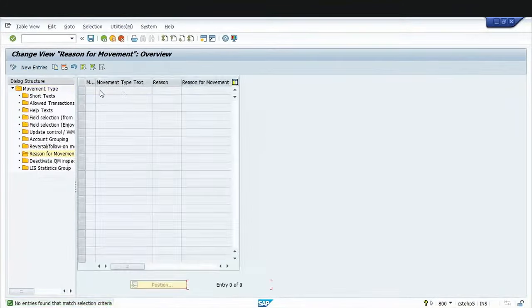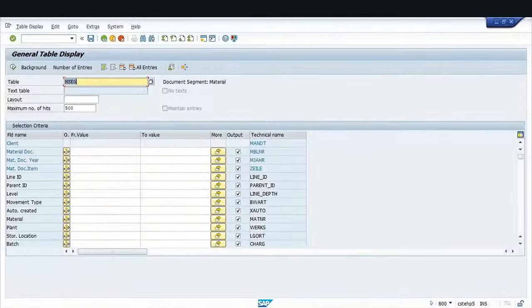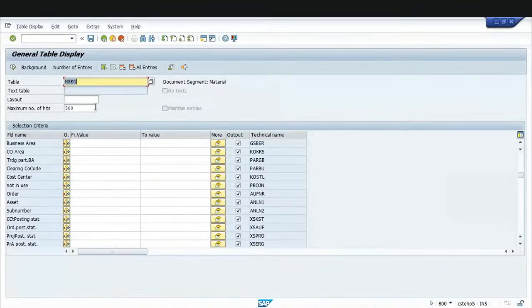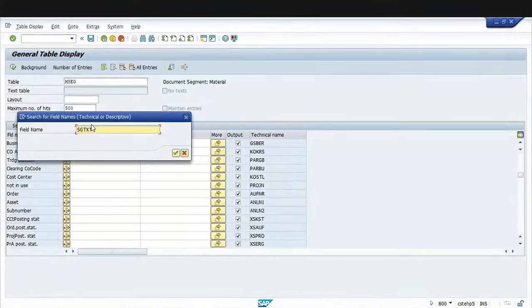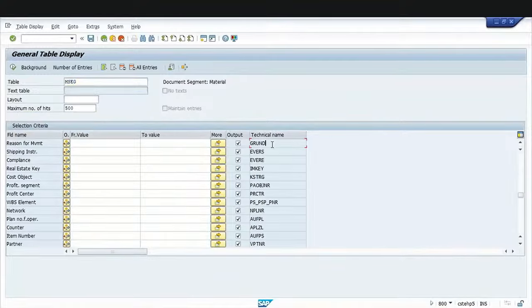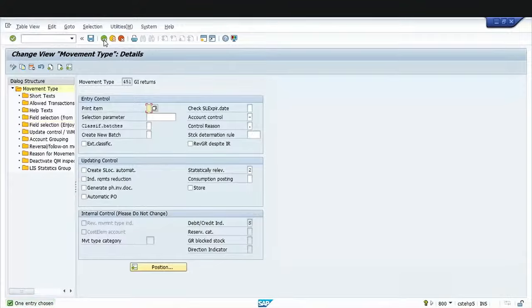ठीक है, हमारे पास प्रति मोमेंट कारण होगा। यहाँ सबसे पहले आपको मूवमेंट के लिए कारण बनाना होगा। फिर जब आप फील्ड चयन पर जाएं तो आपको मूवमेंट फील्ड के लिए कारण रखना होगा। हाँ, इस फील्ड को एक आवश्यक प्रविष्टि के रूप में बनाना चाहिए। ठीक है सर।